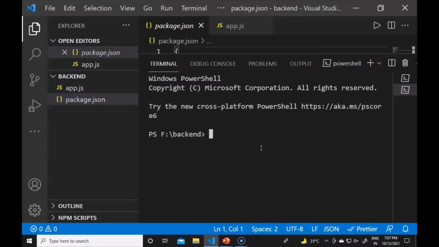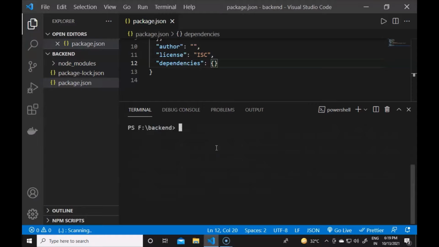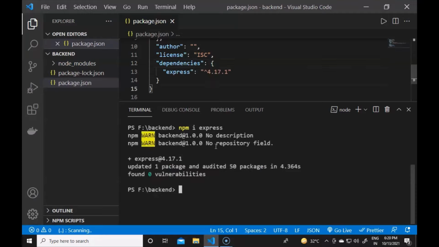The first one is Express, the second one is Mongoose, and the third one is Nodemon. About them, Express is a framework we have to install through npm, and Mongoose is a library which we can import from the npm package manager to make use of MongoDB databases. So guys, now we have to install Express.js. For that we have to type the command npm i express, and it will install Express.js in our system. Express.js is a web application framework for Node.js applications.